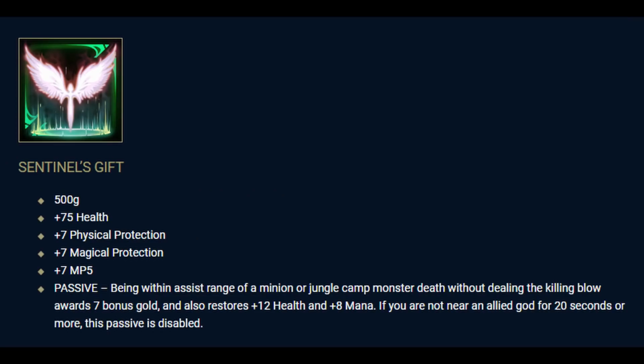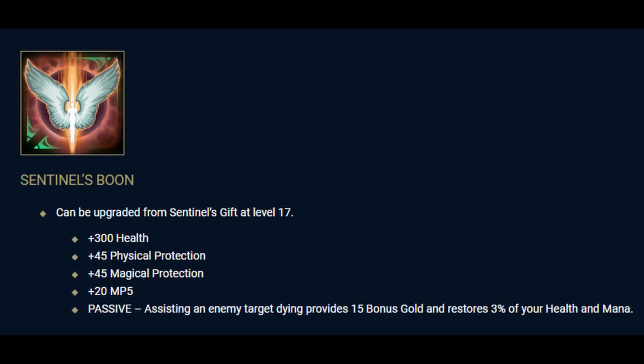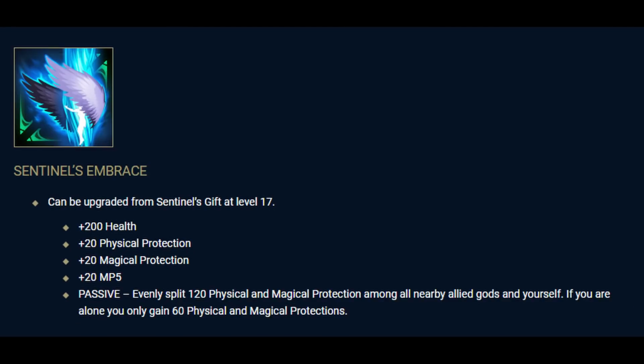For supports we have Sentinel's Gift, which basically used to be Watcher's Gift and gives you bonus gold and health and mana for being in assist range of an enemy, minion or monster camp death. The first upgrade is Sentinel's Boon, which provides you with 15 bonus gold and 3% of your health and mana for assisting any enemy target dying. Don't think this one's particularly worth it though, when the other upgrade is Sentinel's Embrace,